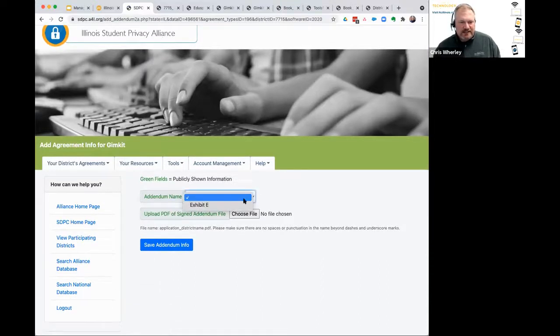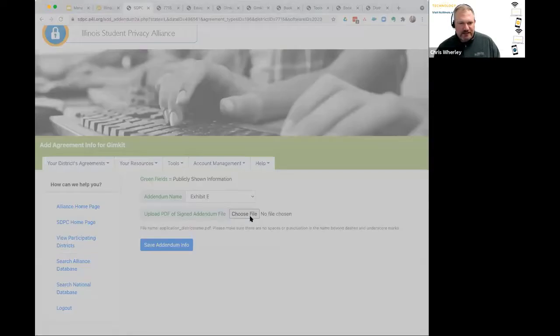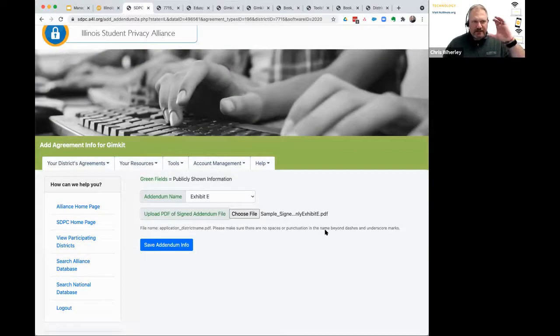The addendum is the exhibit E. So I'm uploading an exhibit E. Some states use a different name. That's why that drop down's there. But this is always the exhibit E. Again, I choose the one page that I have that's signed by the vendor at the top, but blank at the bottom. So this is for future schools to subscribe to. When I click on save that,